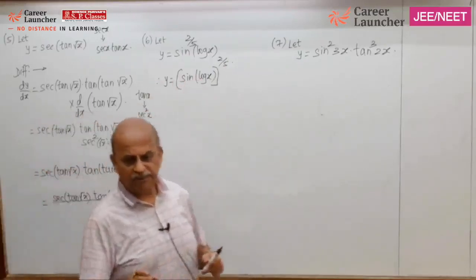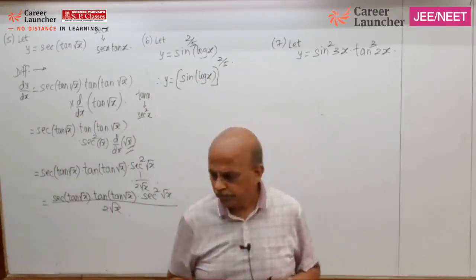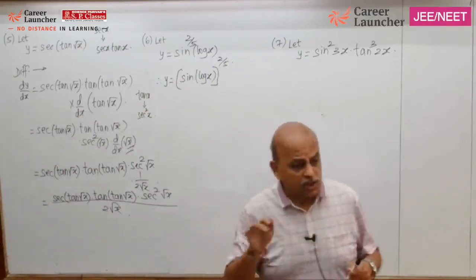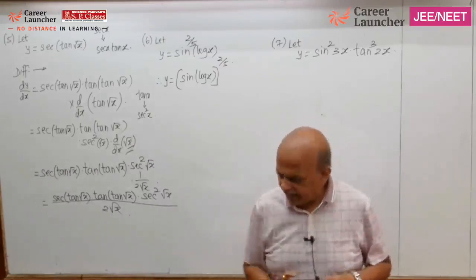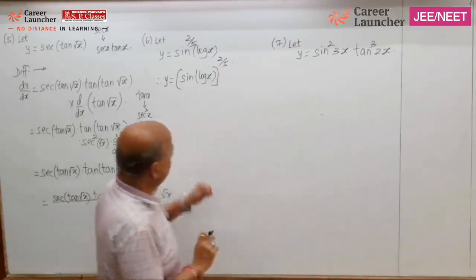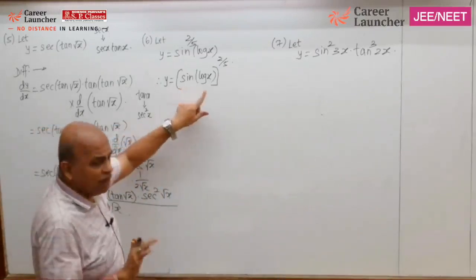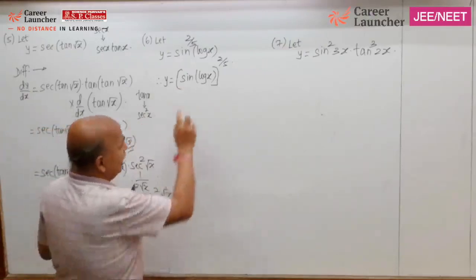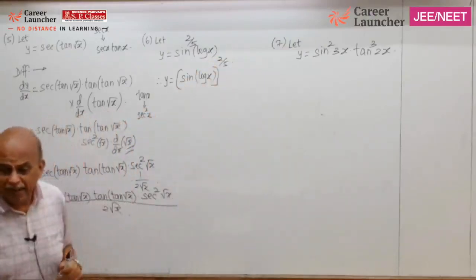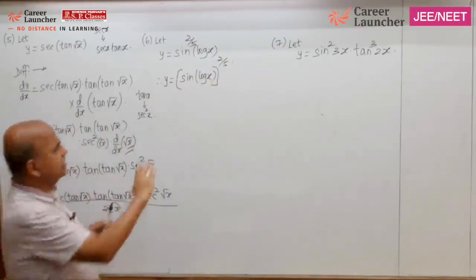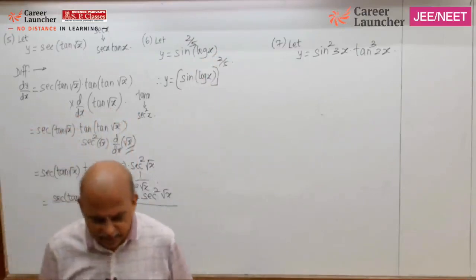Like tomorrow, suppose if it is sine cube x, I'll write it as sine x raised to 3. If it is cos square x, I'll write it as cos x ka square. Or baad mein we'll find that derivative. Come on, tell me, for this, which formula will be used? Sine of log x? Nahi, sine x nahi. So if it is sine x, then what about this 2 upon 5? We will make use of the first formula here, x raised to n. Do we have that formula, x raised to n?